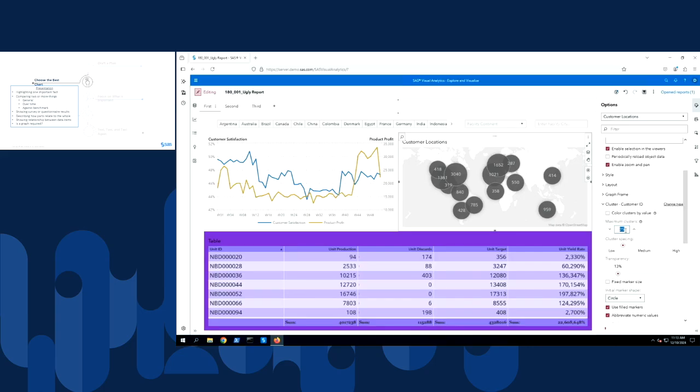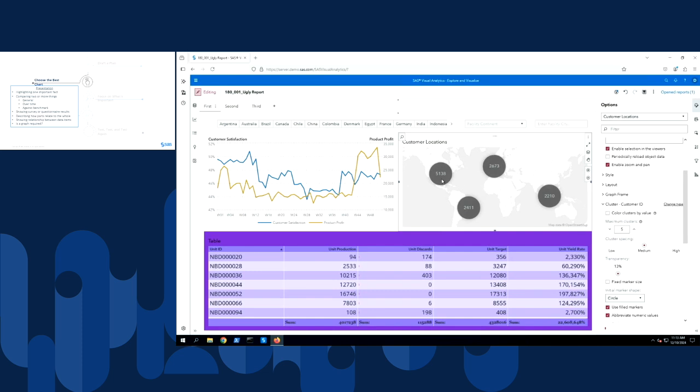To me, 25 is too much. It's a little bit messy still. So I'm going to modify this to 5. And then I'm also going to change the cluster spacing to medium. So my goal is to try to get it to where the clusters don't overlap. I don't like to see the overlapping, so that's why I changed those two options.